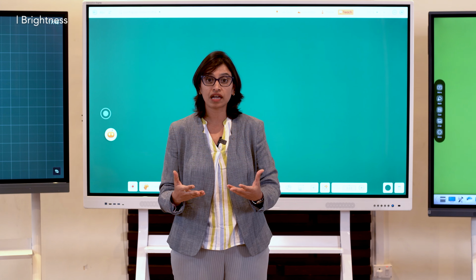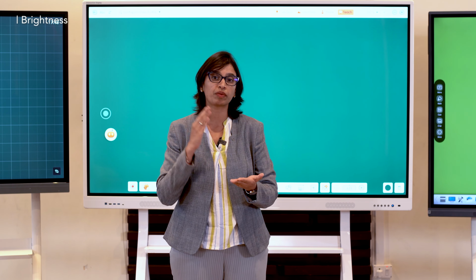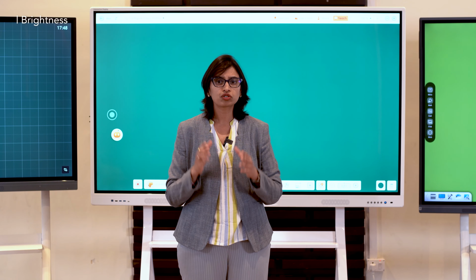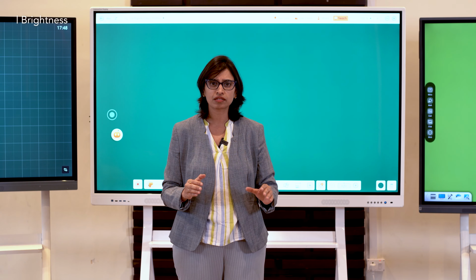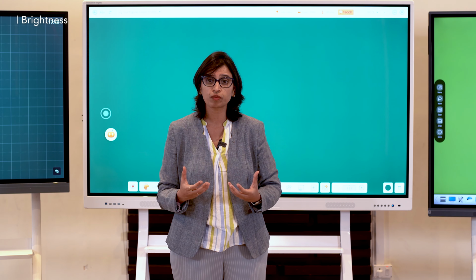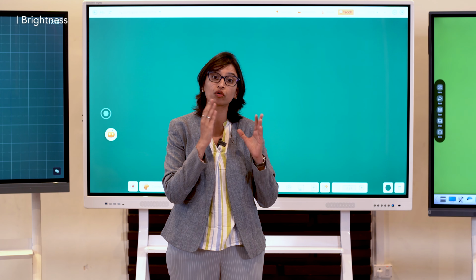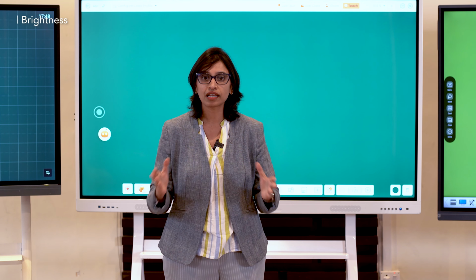Alternatively, I would also suggest that you ask them to give in writing that the brightness of the display is what they are claiming. This is very important because choosing a panel with low brightness will give you a dull effect and can cause problems to the eyes of the students and the teachers who are exposed to these digital boards for more than 6 to 7 hours. We can't take a risk at it.